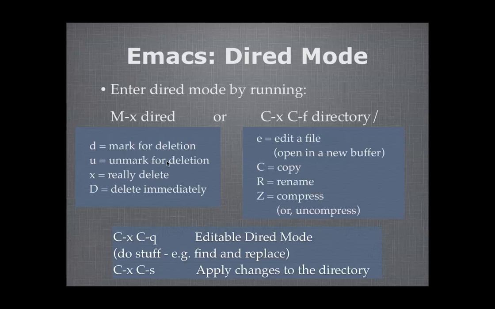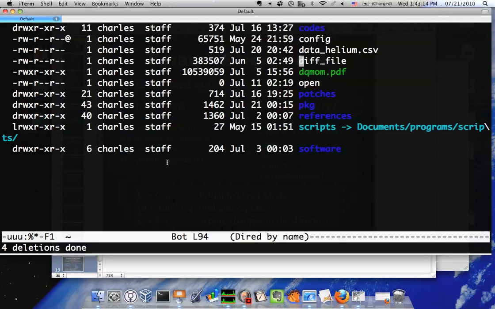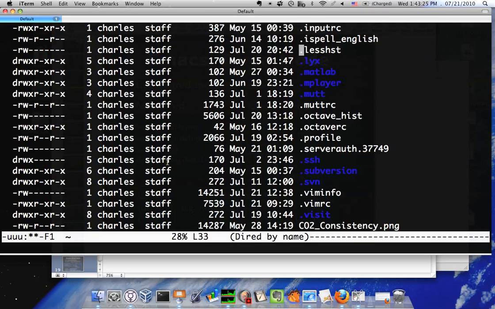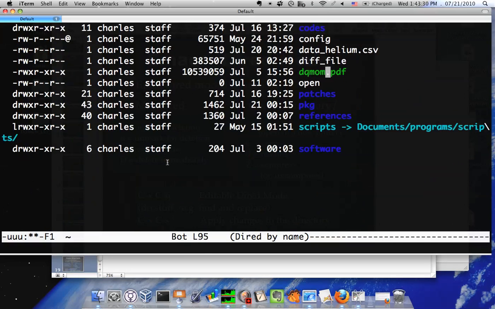And one more thing about this that's really cool is you can go into a dired mode where if you edit the name of a file and you save that buffer, then it'll actually rename that file. You do that by using Control-X, Control-Q to enter an editable dired mode. So I'm going to go Control-X, Control-Q, and that's going to put me in an editable dired mode. And let me rename dqmom.pdf to dqmom, oops,